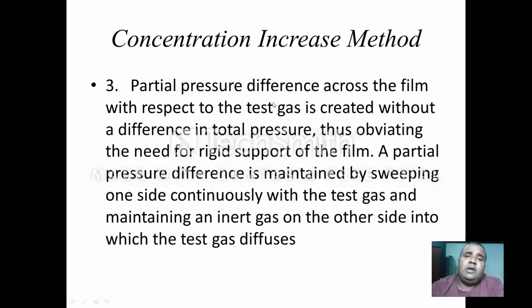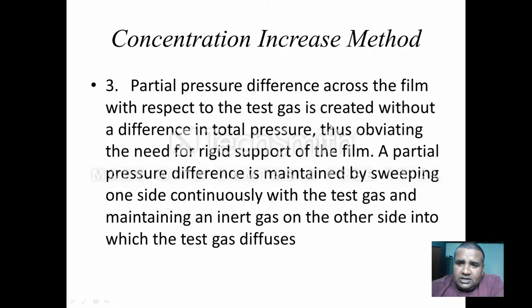For example, we wish to determine how effective this packaging material is at stopping the entry of carbon dioxide. So on one side, the outer side, we will increase the partial pressure of carbon dioxide, and on the inner side we will replace this carbon dioxide with an inert gas. For example, we can introduce nitrogen gas, so that the total pressure remains constant, but the partial pressure of CO2 decreases. So the transfer of gases from one side to another doesn't depend on the total pressure, it basically depends on the partial pressures.